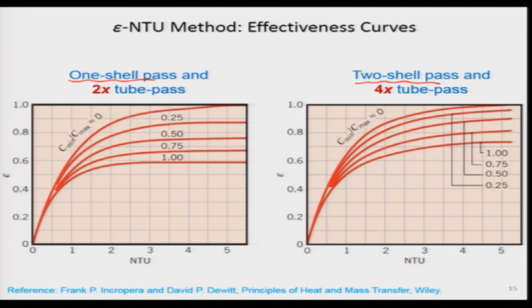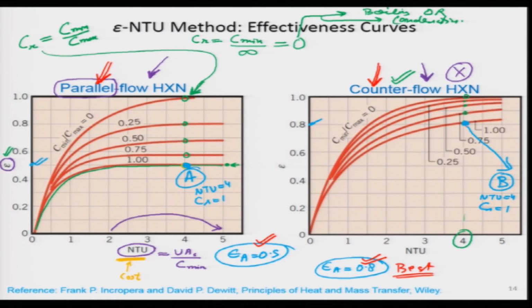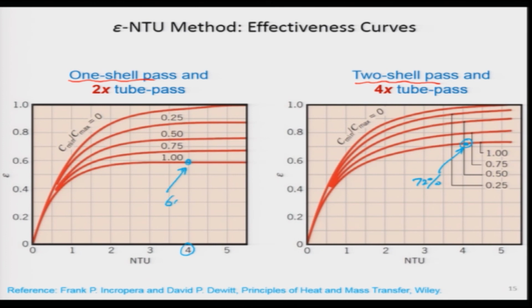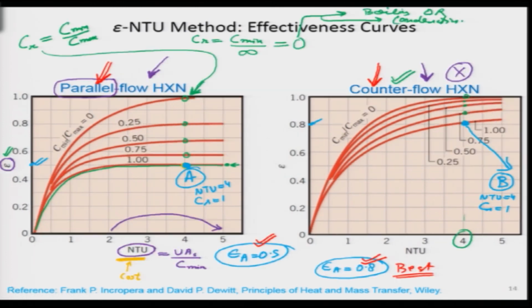The same type of curves are given, showing the effectiveness value at different NTUs. So, we can compare over here as well, that this point B, which has the value 80%, none of the heat exchangers is able to beat that value. So, over here it is still 60% and over here it is still 62 to 65%, is it not? Or maybe higher, sorry, 72% or something. So, here effectiveness is 72%, here effectiveness is 60%. So, even among all the 4 cases we can clearly see that the counter flow heat exchanger is best from a heat transfer point of view.